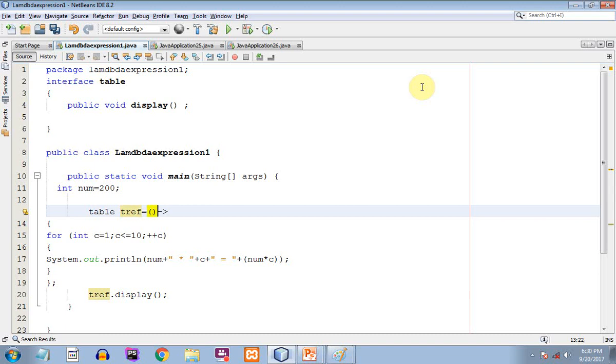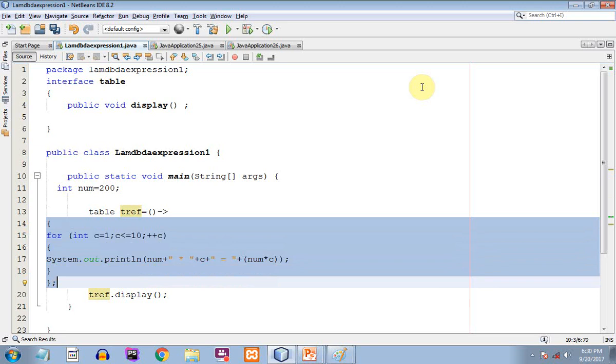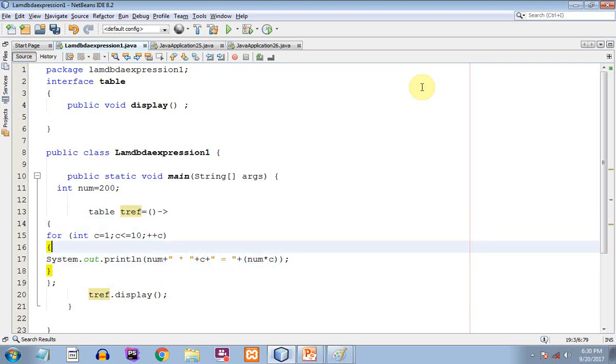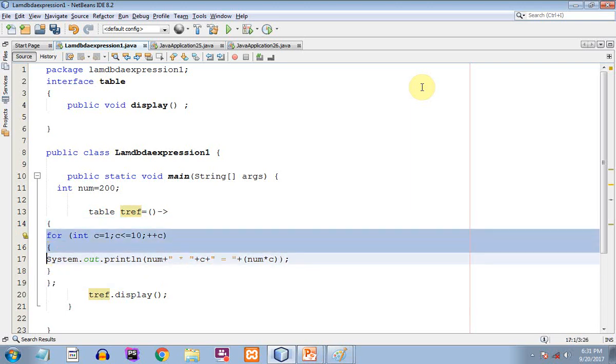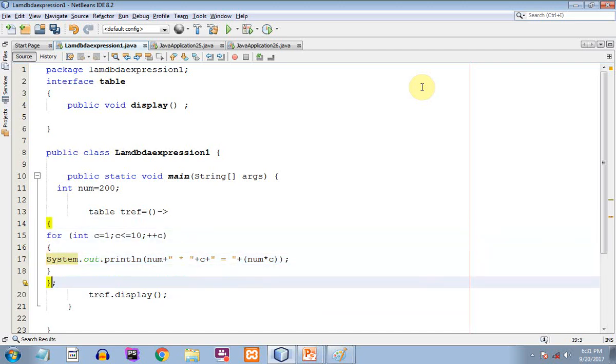Now this is followed by an arrow operator. Some people call it arrow token. Now here our Lambda expression starts. See the selected area. This whole selected area will be called Lambda expression. In this Lambda expression, I have created a simple loop which is going to print the mathematical table of this number num. And once this Lambda expression is terminated with a semicolon, then we are going to write down